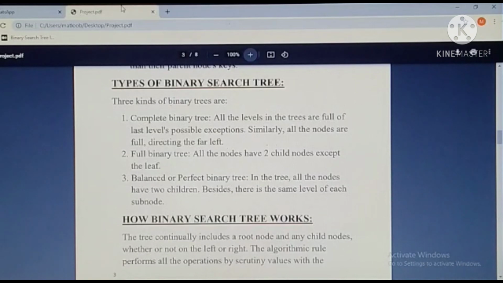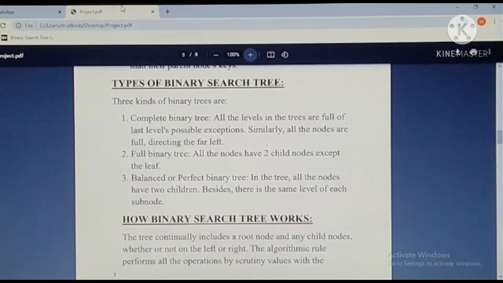Complete binary tree. A complete binary tree is another specific type of binary tree where all the tree levels are filled entirely with nodes except the lowest level of the tree. Perfect binary tree. A binary tree is said to be perfect if all the internal nodes have strictly 2 children and every external or leaf node is at the same level or same depth within the tree.